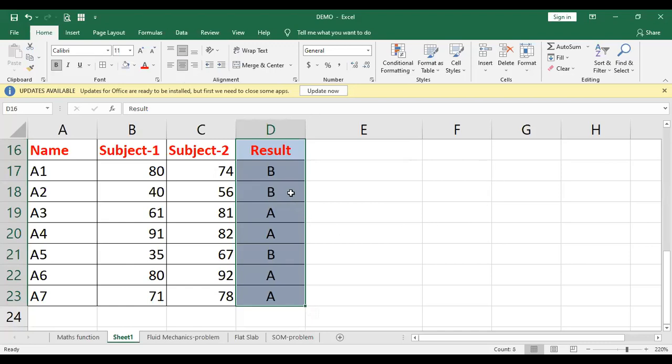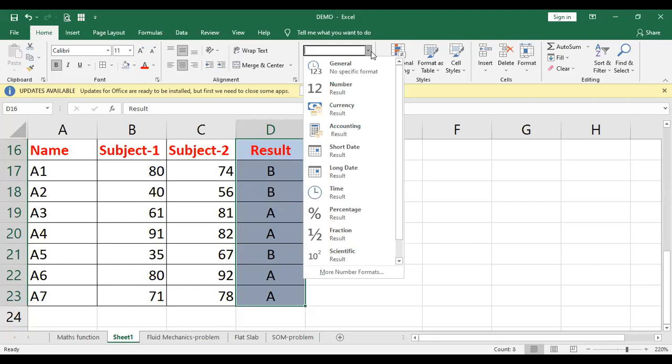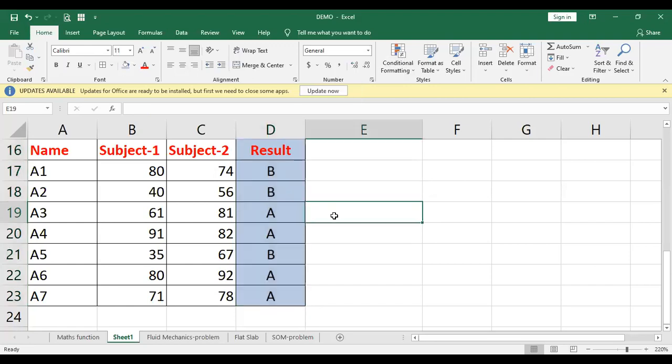Even since this is the total generalized number, it is showing that this number is generalized. You can specify some time option, you can specify percentage, fraction, likewise is also possible. Anyway, so that's how you can use this. Or otherwise, what you can do, suppose you want to use the style here.